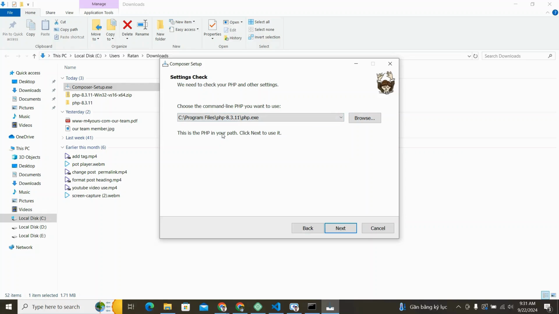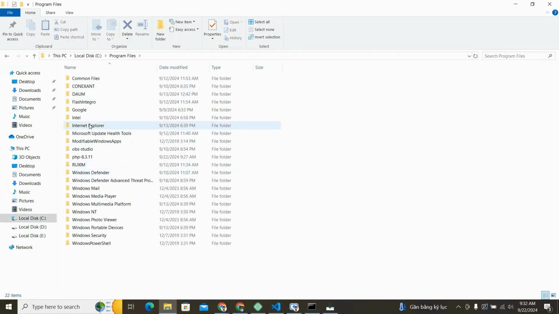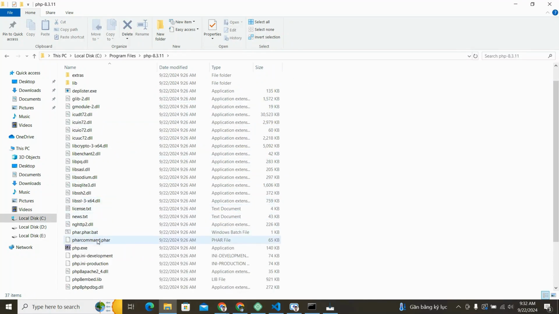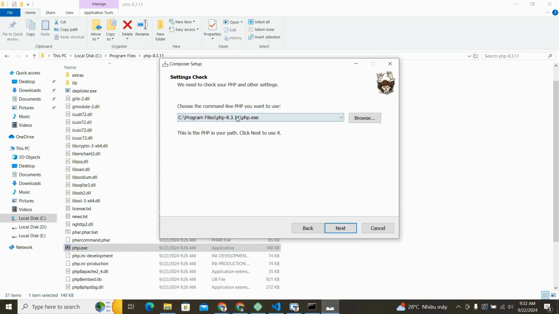And then this is the PHP exe file. Composer automatically detected where we already pasted the PHP folder in the Program Files folder, and then PHP, and here the php.exe. This is the file it automatically detected. Okay, it's automatically detected. Okay, now next